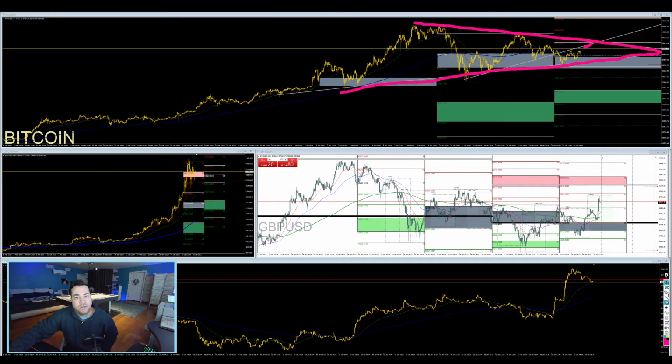Also, to keep in mind here, I don't like to trade against the trend. So right now Bitcoin is trending up. We are running right into this 21. We keep throwing wicks right on it. So as long as I'm up above that 21 and closing and holding above that 21, I'm not looking for shorts unless this triangle gets really tight and we get a breakout with lots of volume,